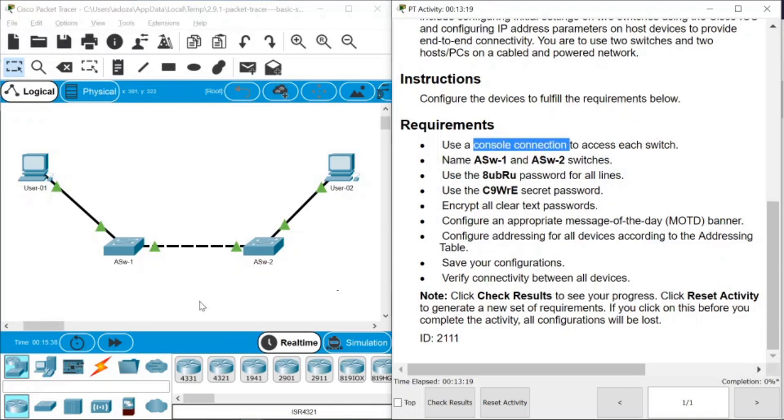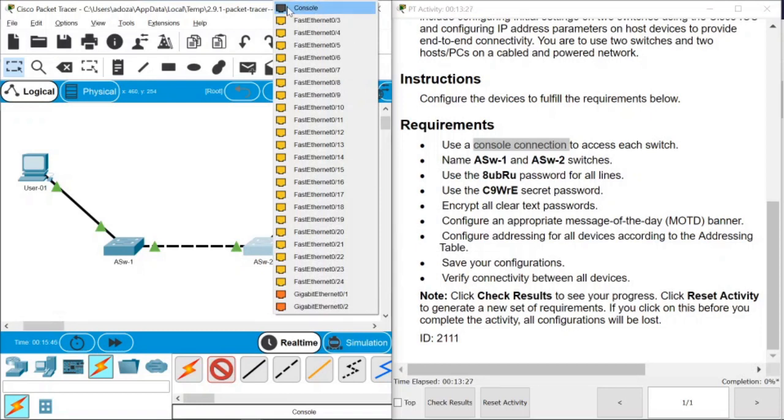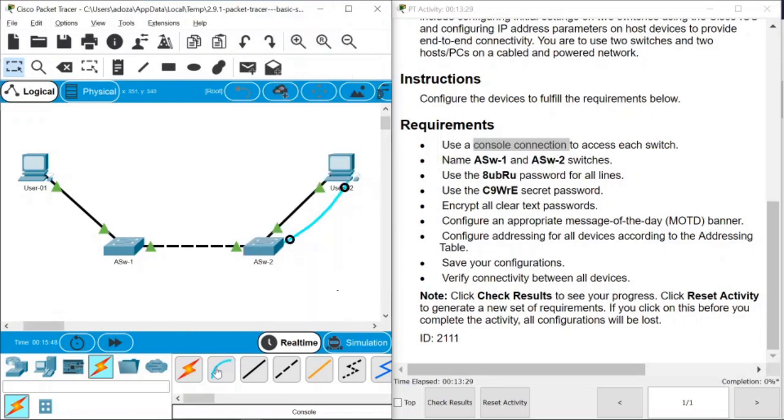So to use the console cable, we will go here and connect RS232 to the switch, and you can see the first one is the console. Of course, we will repeat the same process here. So we finished